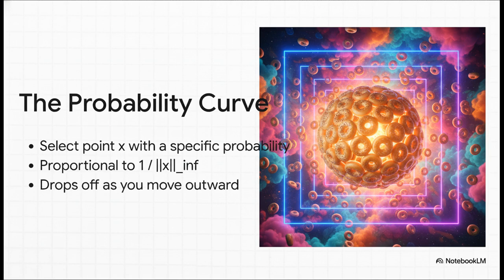The infinity norm is really just a math term for how far out the point is from the origin, shaped like an expanding square. So, in plain English, it simply means that near the center of the universe, bagels are highly likely to appear. But as you travel further out into the void, that probability drops off at precisely the exact rate needed to balance the density against the risk of forming accidental triples.